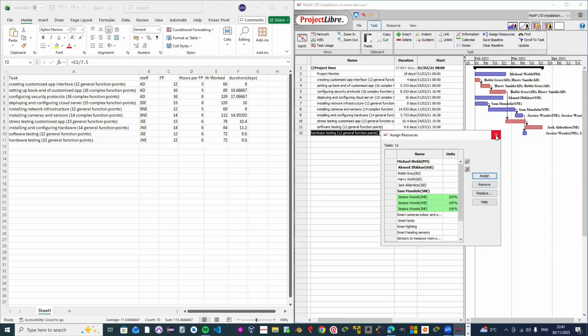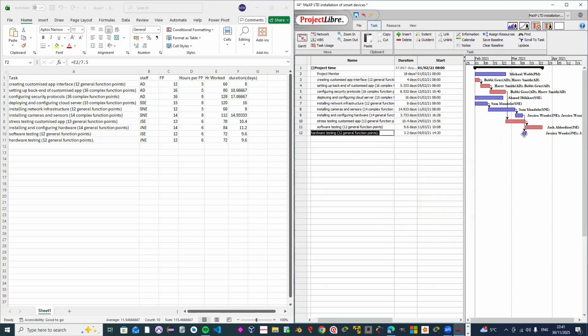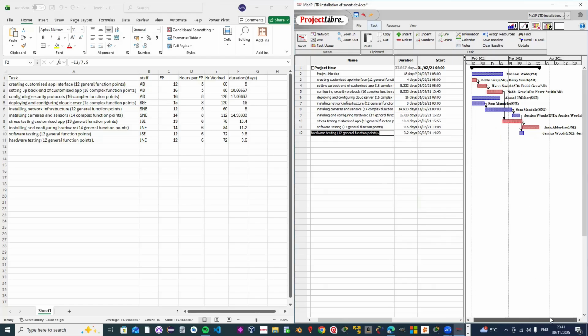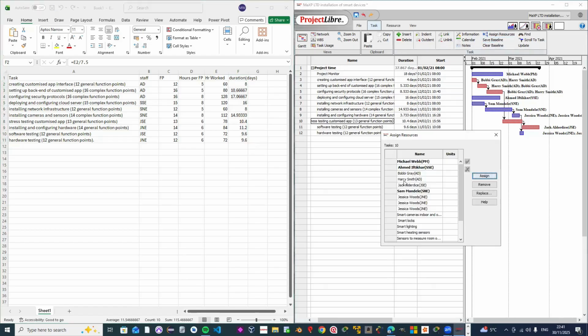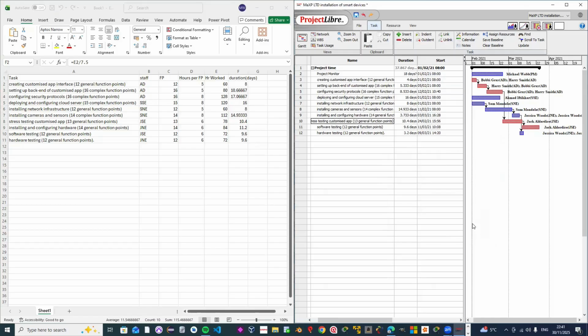All right. So we've assigned them. So who is doing that one? This is stress testing. It will be the junior software engineer. So stress testing would be done by our junior software engineer. Assign. And if you notice, nobody is working two tasks at the same time. All right. The other thing that we need to look at is on our set task brief,